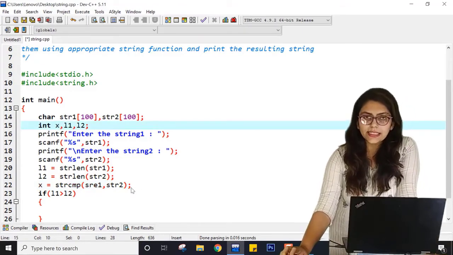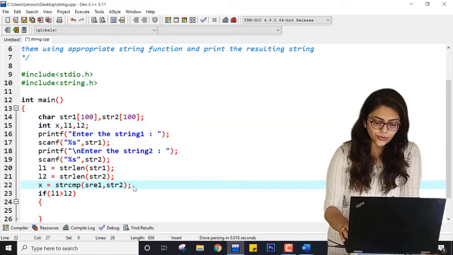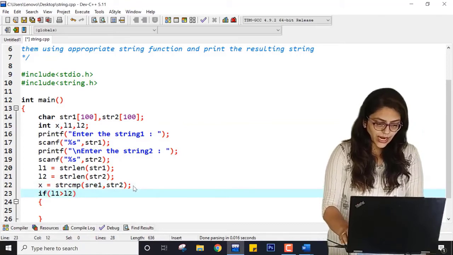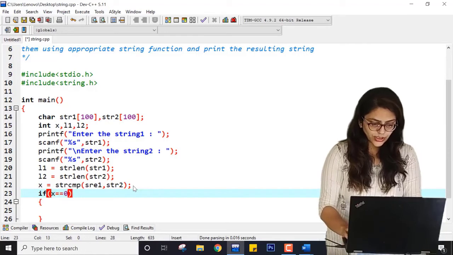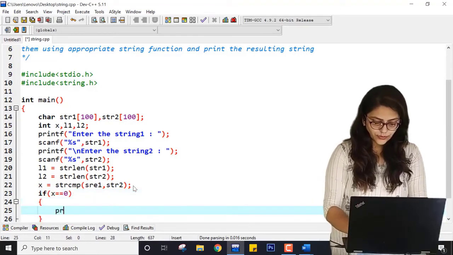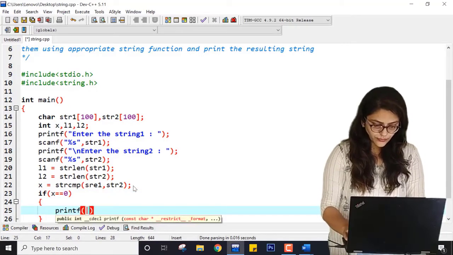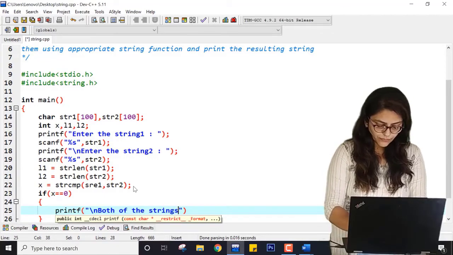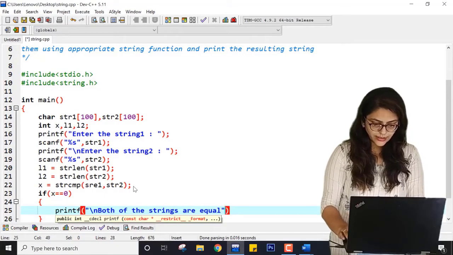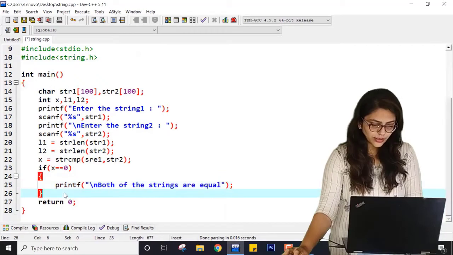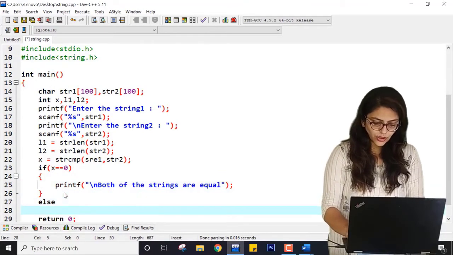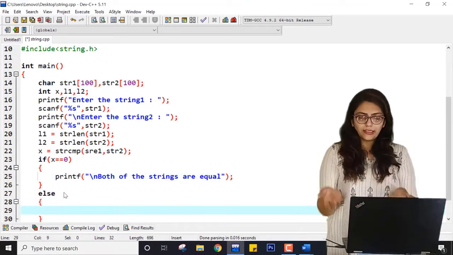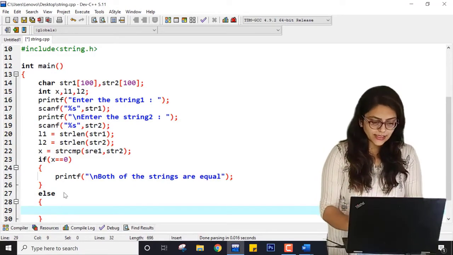Now if the value of x is 0, that means both of the strings are equal. So here I can write directly, if x equal to 0, printf both of the strings are equal, right? If it is not, like else, that means one of them has a greater length and the other has a lesser length.